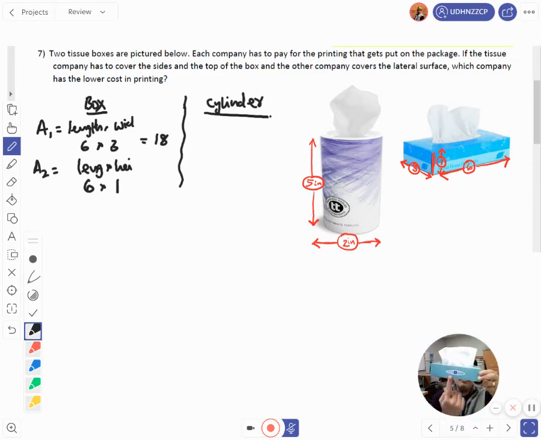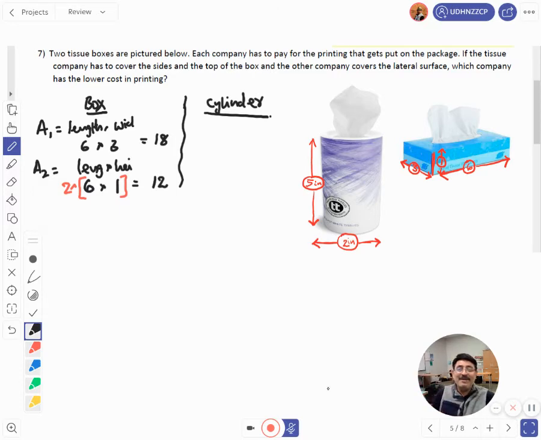I have to compute this one, and behind this one I have to compute again. Therefore, 2 times I have to compute this area. So what will you get? 2 times 6 times 1, that gives you 12 units. I'm done, because the question says that the company is printing here, but we missed all these